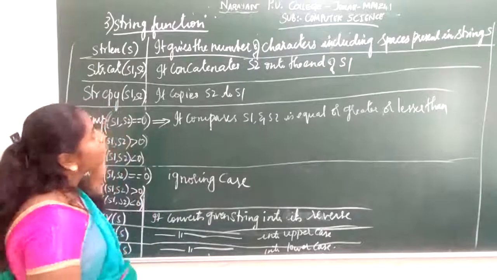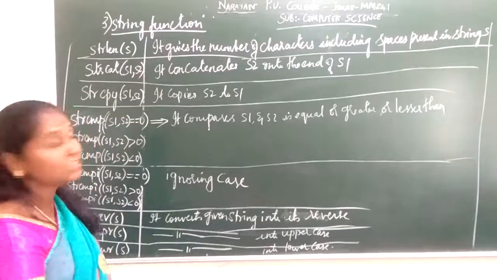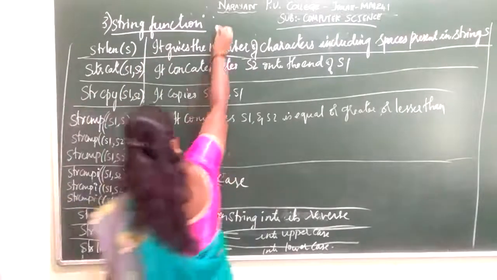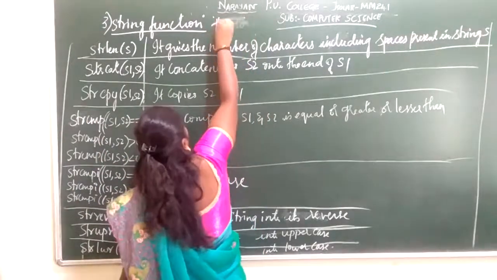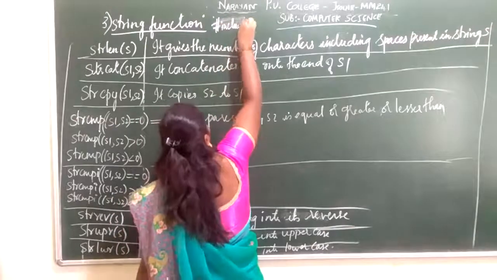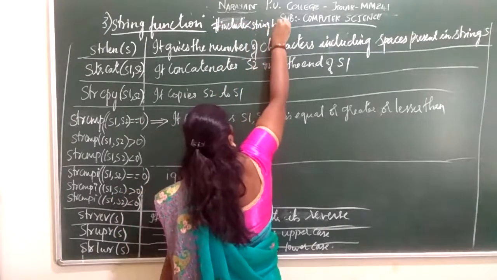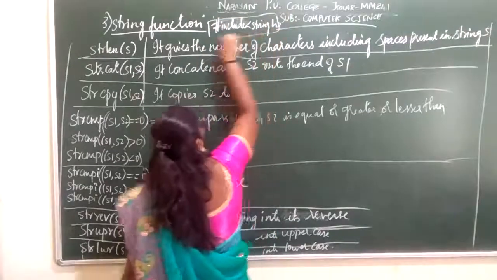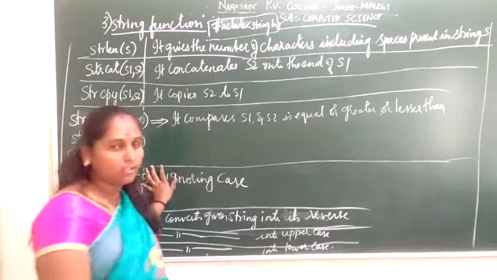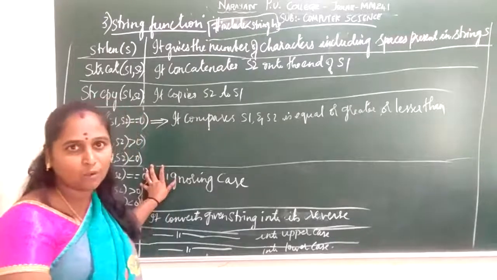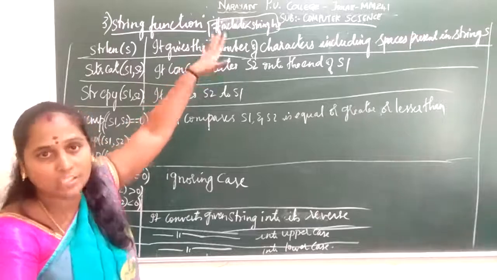Students, the third library function is string.h. If in your program you are using any of the string functions, then you have to include a header file, include string.h. If a program uses any string function, then you have to include in your library the header file for string functions, that is nothing but include string.h.